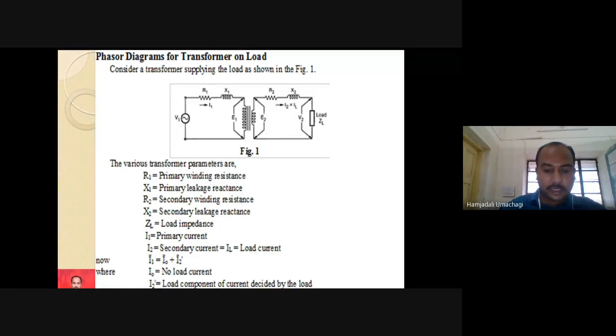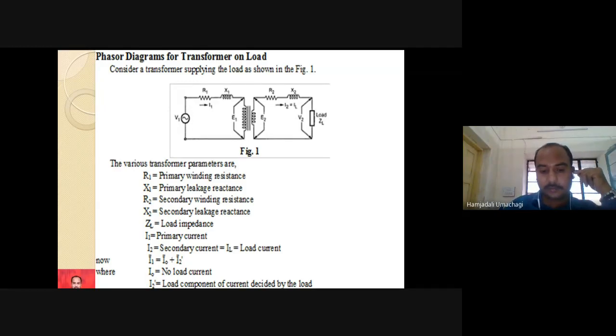And what is this I2 dash? I2 dash is nothing but the current that is decided by the load side. So here you will be finding I2 dash. I2 apostrophe means dash. I2 dash we are going to call it. Now this I2 dash value is also equal to K times I2. This forward current I2 dash, which is flowing in the primary circuit, remember, its value is K times I2.